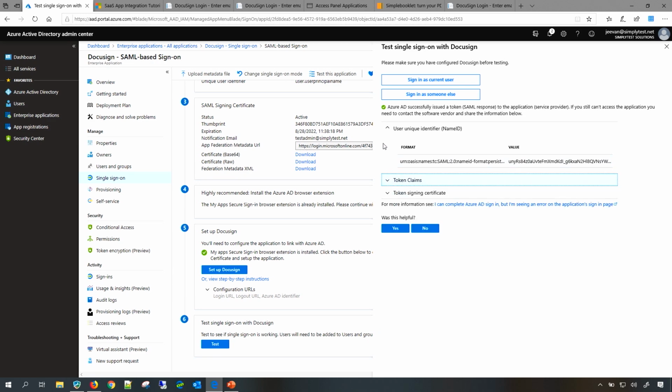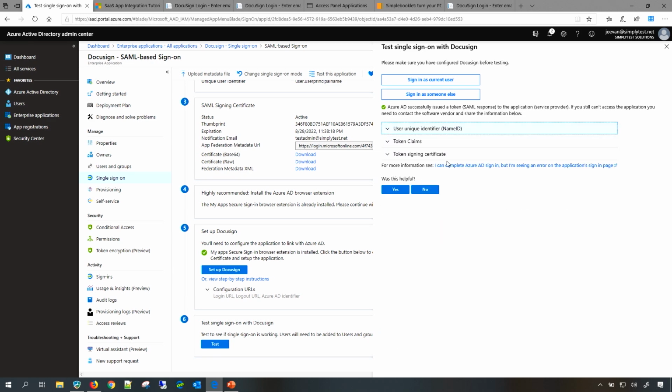This will help you troubleshoot your single sign-on and look at how the single sign-on is working. If you face an error, you will see an option here which auto-populates the error message and says this is the remediation for that. By clicking on the fix button, it automatically fixes it. You can also click on sign in as someone else, which will prompt for credentials on Azure Active Directory. So you can sign in as somebody else and still capture these token values here. That's how you should be using the test experience.